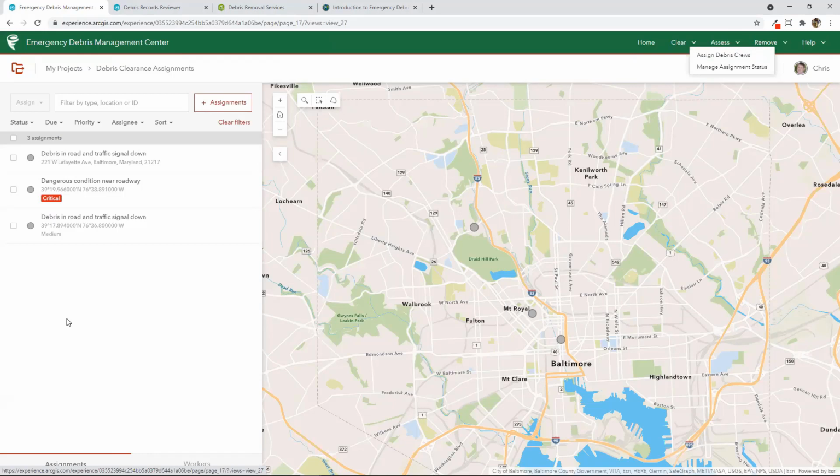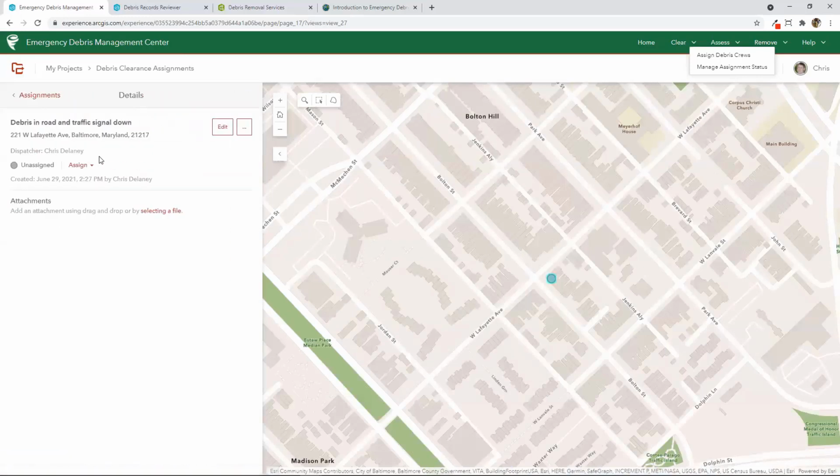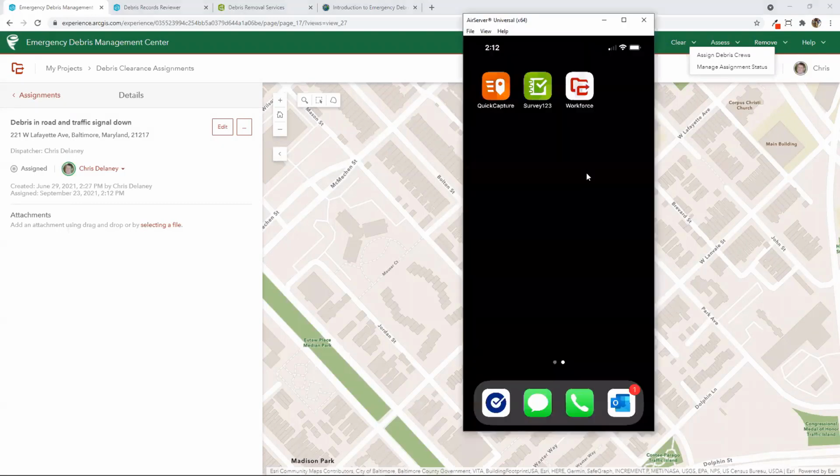And this page is going to enable me as the debris operations lead to assign a field crew to clear debris from the roadway so that I can make that passable again. The way that this works is relatively simple. We're using an ArcGIS Workforce project. I can identify a particular obstruction and assign it off to a field crew supervisor, and in turn, that field crew supervisor will have Workforce on